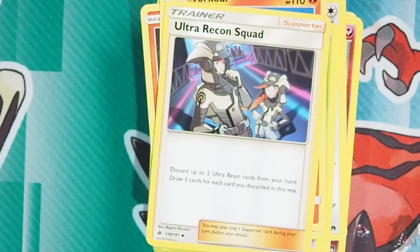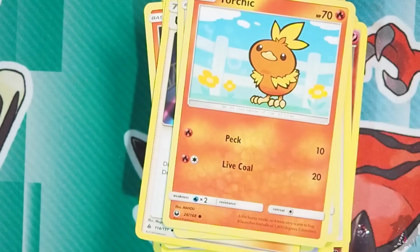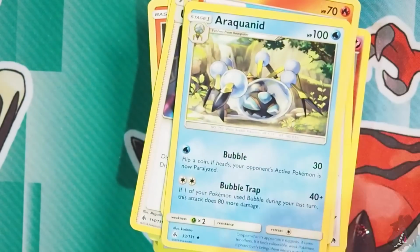Discard up to 2 Ultra Beast cards from your hand. Draw 3 cards for each card you discarded in this way. So, if you discard 2 Ultra Beast cards, does that mean you get 6 cards in return? If you do, then that's quite good draw power. I like that indeed. Especially if the cards require or work very well with the discard pile, then yeah, that's a very good card. Whismur, we have a Torchic, Arachnid,